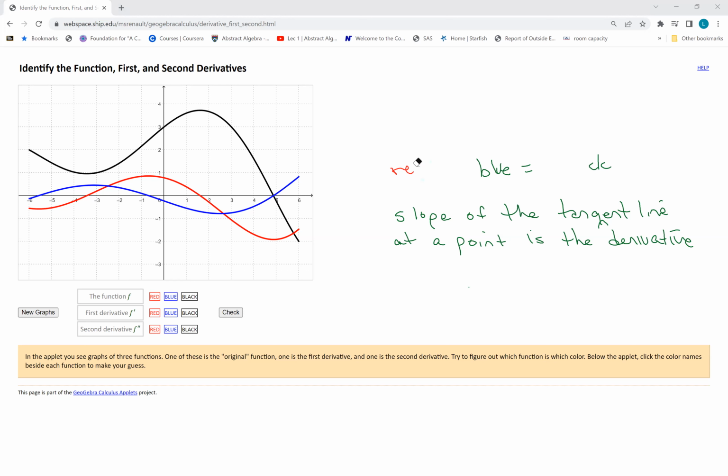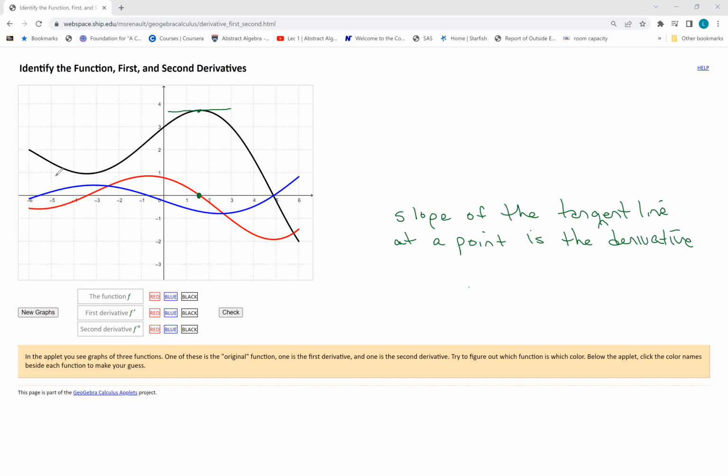I think I'll just clear this part because that's going to be true for each graph. So let's see. Let's pick up one of them. It doesn't really matter. Let's start with this right there. If I were to find this point, that's the max. If I were to follow it down, that is 0. So my guess right now is that red is the derivative of black, but let's check the minimum point, which